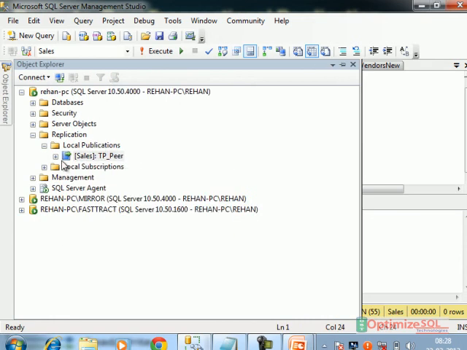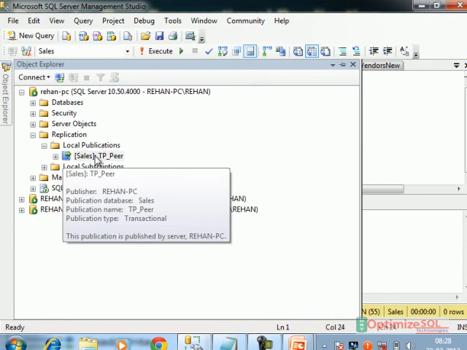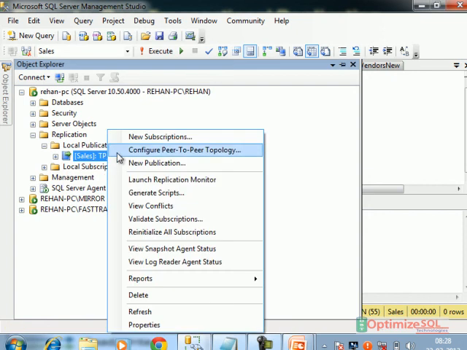After that, next step, if I right-click now after changing it to true, it is showing a separate option. Previously it was not showing. Once you make it true, now it is showing.